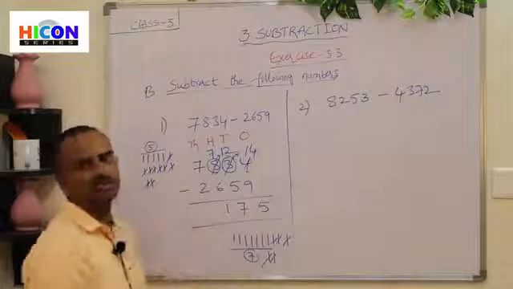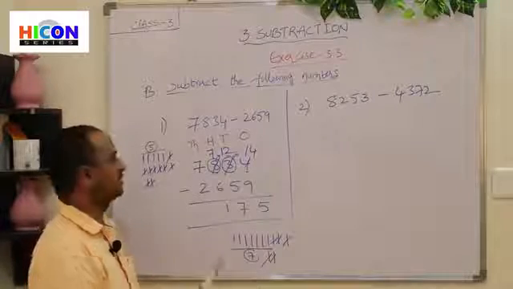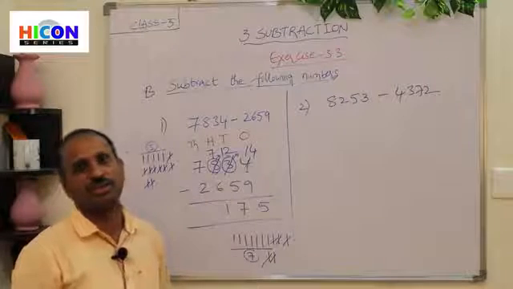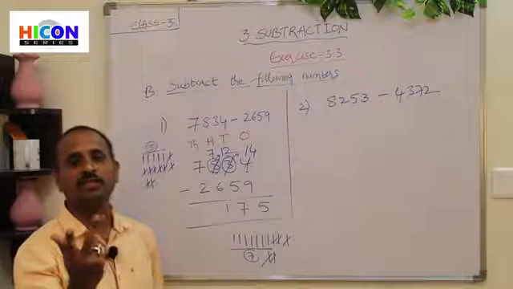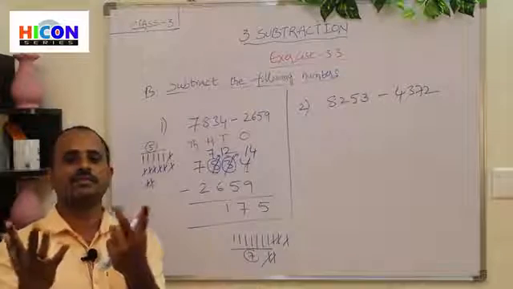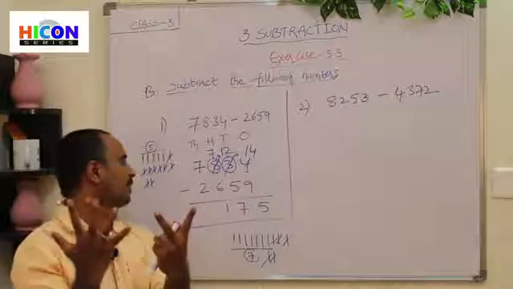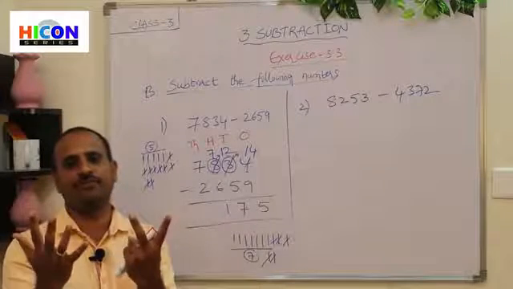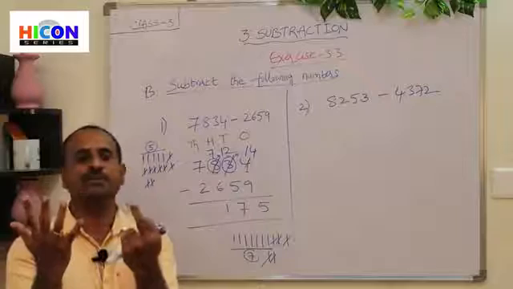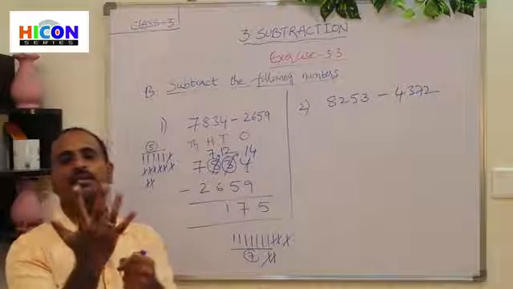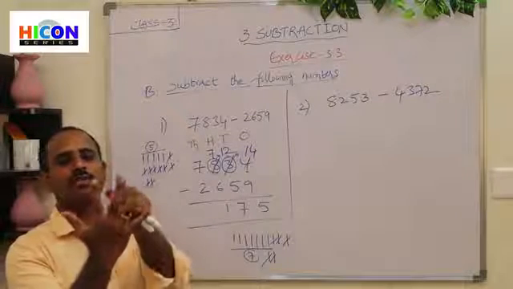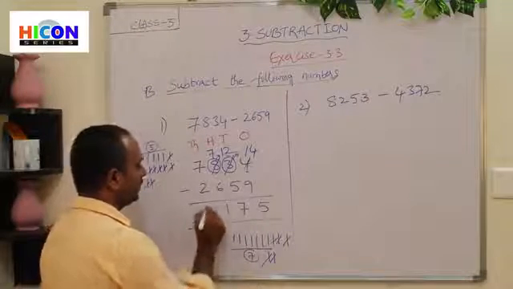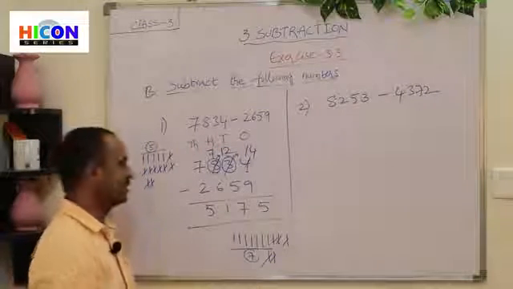Now go to the thousands place. What is the first number in the thousands place? 7. And what is the second number? 2. So open 7 fingers of your hand. 1, 2, 3, 4, 5, 6, 7. Children, these are the 7 fingers. And what is the second number there? 2. So close 2 fingers among these 7 fingers. 1, 2. Children, count how many fingers are remaining. 1, 2, 3, 4, 5. There are 5 fingers remaining. So write 5 under the thousands place. So the answer is